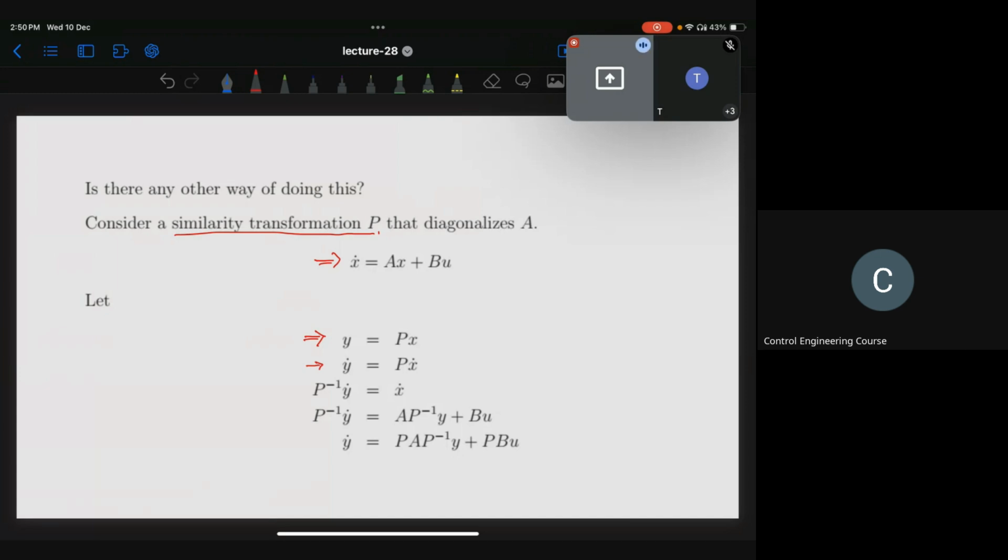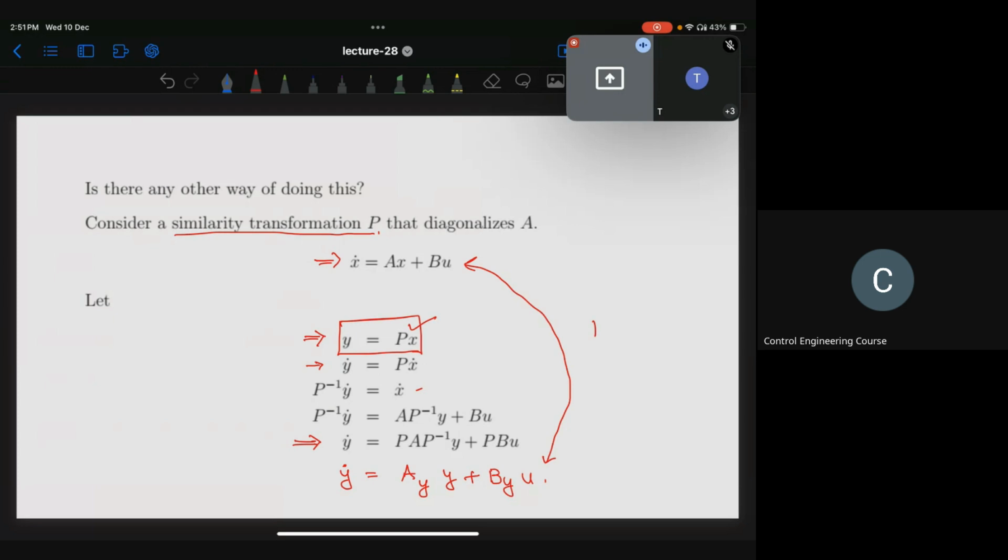You can substitute the x dot expression here. So we have transformed this system to this system using a suitable transformation matrix P,